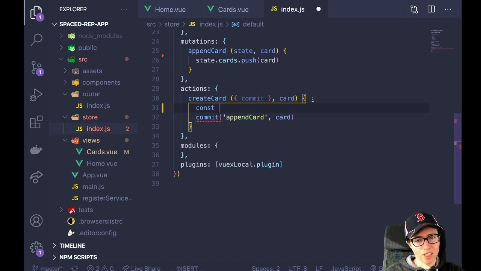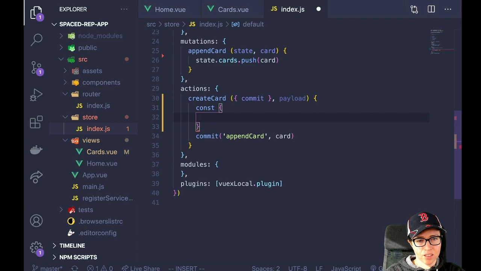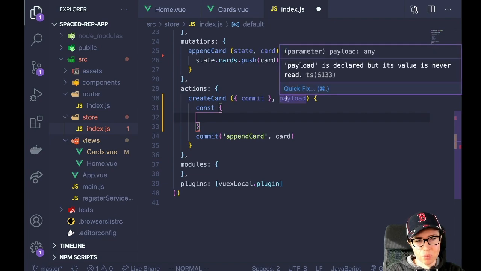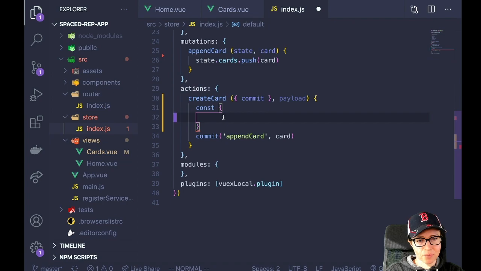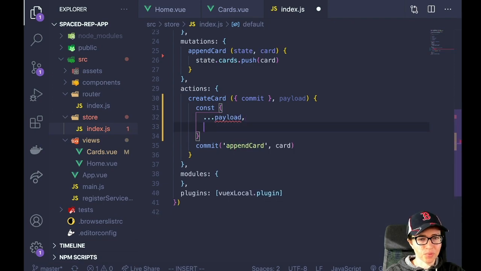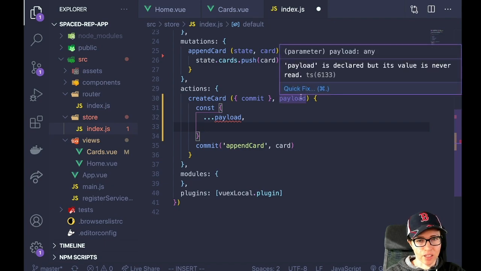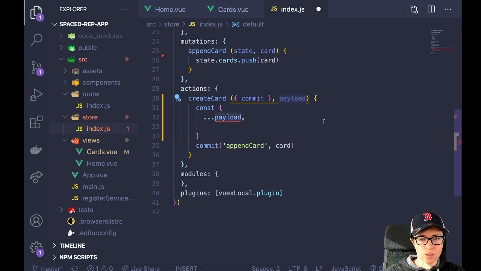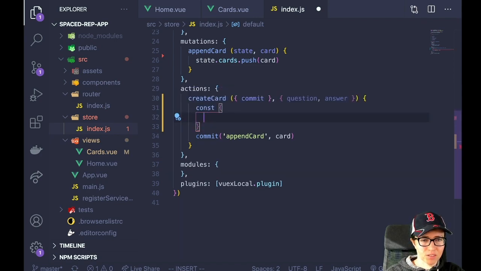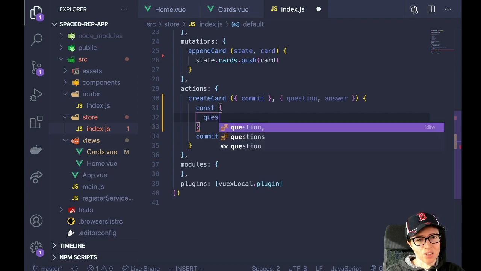I don't know if I should probably import this as payload, which will be the card, which is where TypeScript is more convenient, because I'm just importing this random payload and who knows what it is, right? So, let's see. Anyway, this should be just the question and answer off of there. I could pull it off if I wanted to. Maybe I'll do that. So maybe I'll just do question and answer, and that way I don't have to destructure a random payload here. So question,